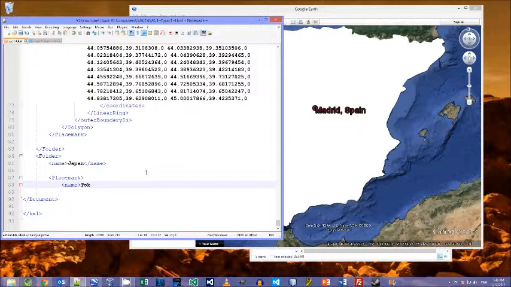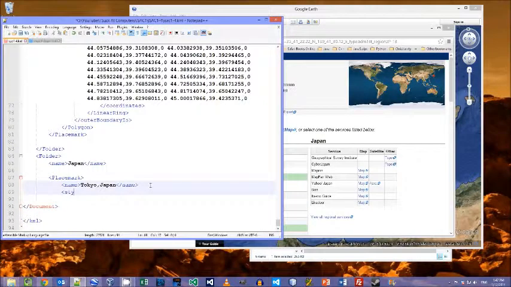Name it Tokyo, Japan. We'll have to add style URL to Japan style that we defined at the top. And make it a point with